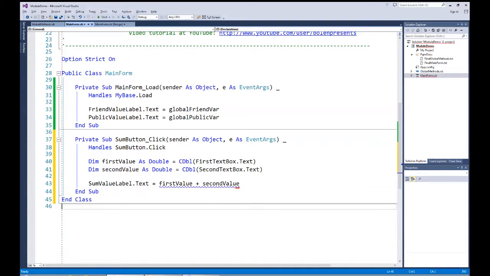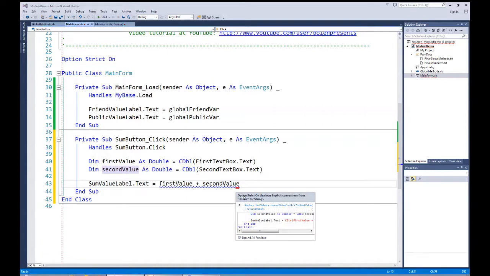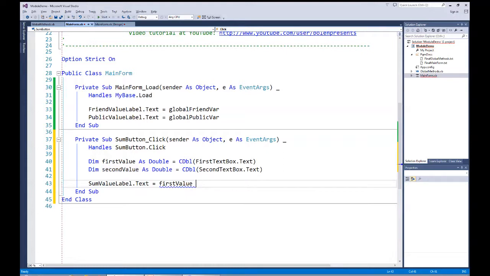But I'd like to show you how we could take advantage of using a function. I must have misspelled something there. Well, okay, so let's take advantage of using a module, and let's go back to our module,